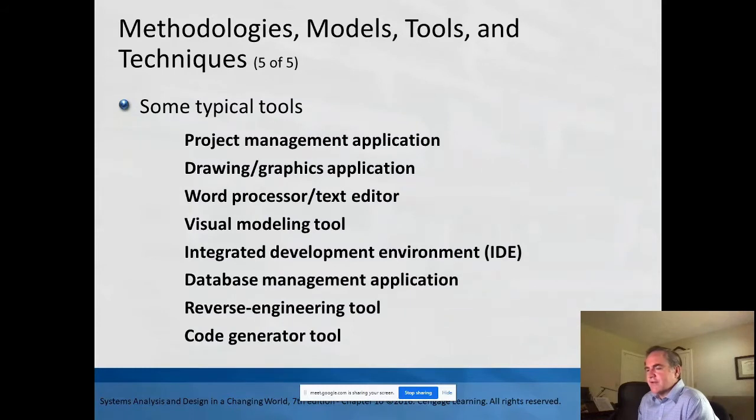Reverse engineering and code generator tools. I don't know if you guys have ever been exposed to reverse engineering or code generator tools, but they're not very good. With reverse engineering tools, at least some of them, you can take an existing program that maybe you don't have the source code for, and it will pull out a version of the source code, but it's almost impossible to work with. There's no structure to the code. Generally, it's in a language called assembly, which is